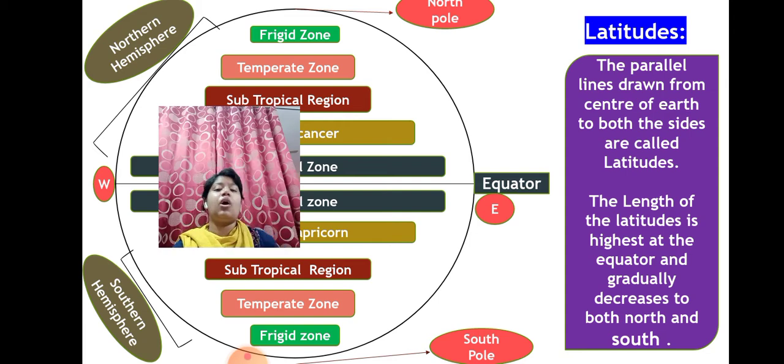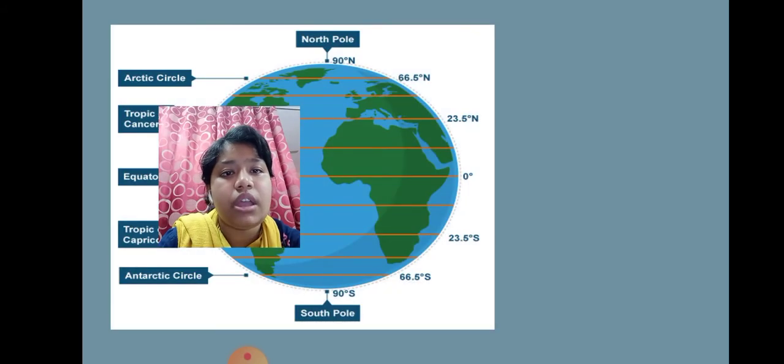These are horizontal, parallel lines from the equator. The length of the latitudes is highest at the equator, as it is the equal part. Above the equal part it gets reduced, gradually decreasing from both north and south. Each next layer will be a little smaller than the previous one. It will keep decreasing towards the North Pole.